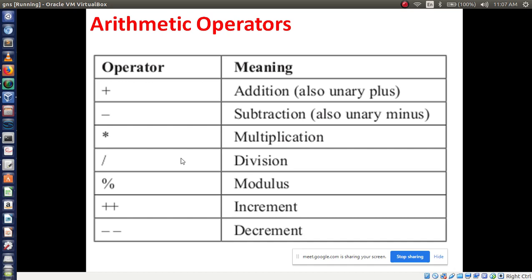Will you be able to write this code, or shall I write the code for this? Sujit, will you write the code for these arithmetic operations?